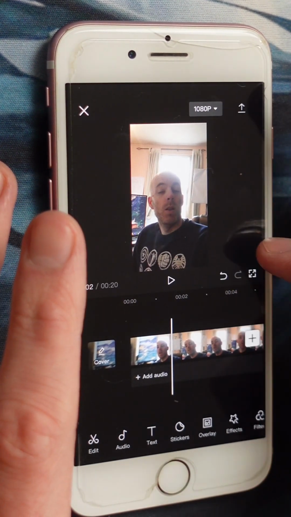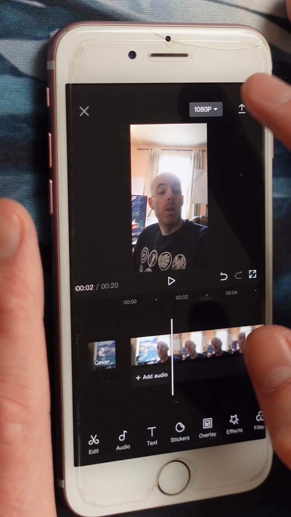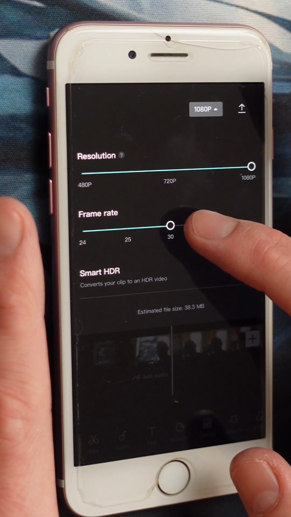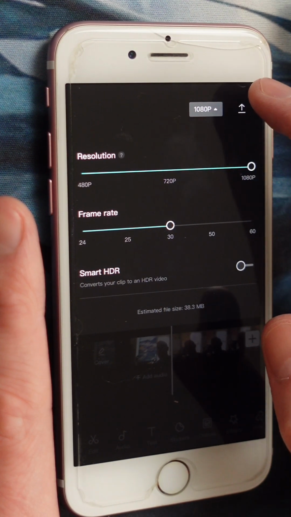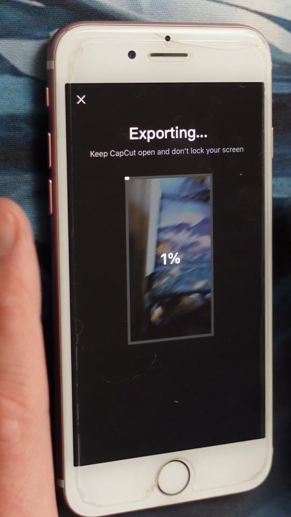Once my video is done and I'm happy with it, we can go up to the 1080p and we can change the frame rate if we want. We can change the resolution if we want. For now, we're happy with 1080p. Then we just click that up arrow and just